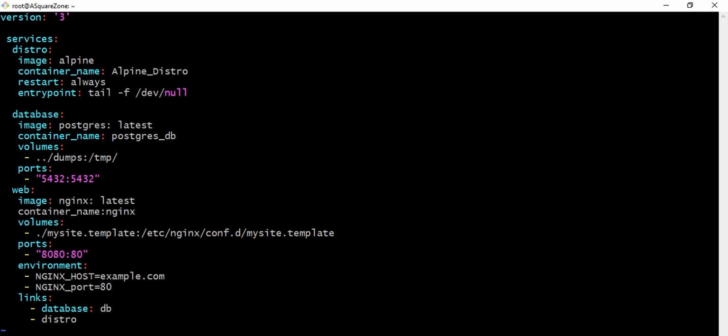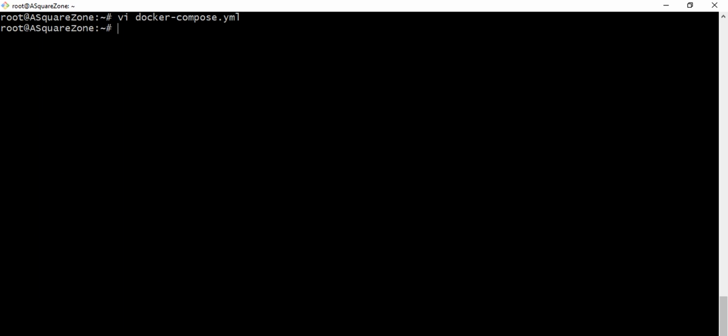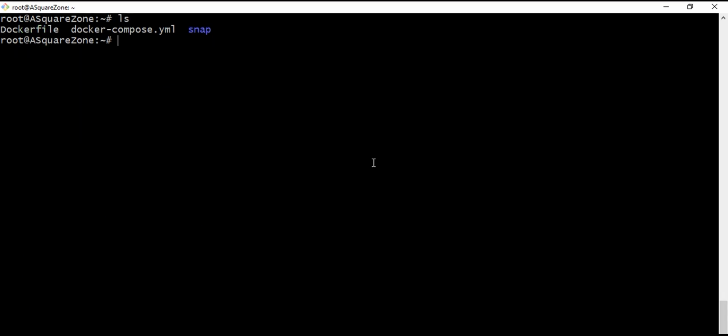We are going to save this file and we'll see the docker compose.yaml file is created. Now I am going to execute docker compose file here. Here I am giving sudo permission and docker compose up, and I am going to execute in detached mode. So this is the command to execute docker compose file here.